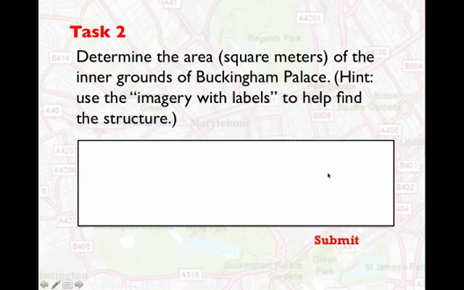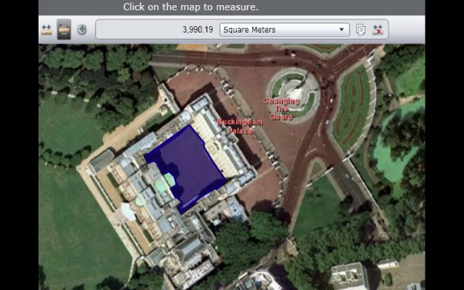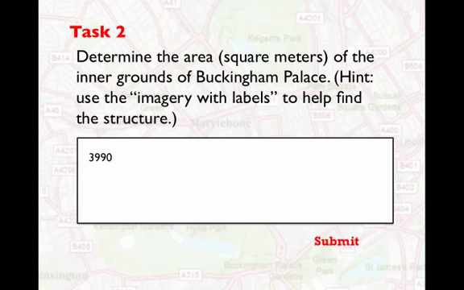Another question, like task number 2, still in London, using GIS, determine the area, in square meters, of the inner grounds of Buckingham Palace. And a little hint there, and so using the map feature on their interface, they're going to go ahead and find Buckingham Palace, and there's different maps that they can use for this, topographical or something like this particular map. Find Buckingham Palace, and then go ahead and use a feature that they can click around in the inner court there, and actually find out the square meters. The area is going to be 3,990.19 square meters, and they'll go ahead and enter that in the answer place,